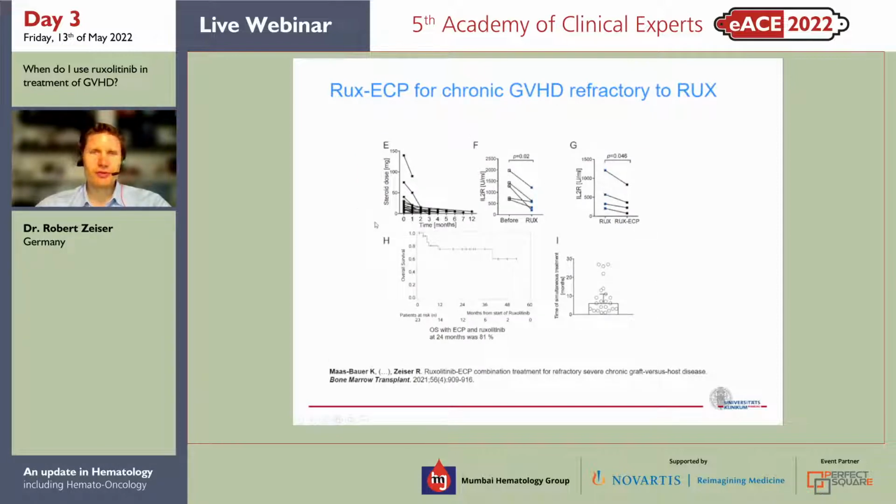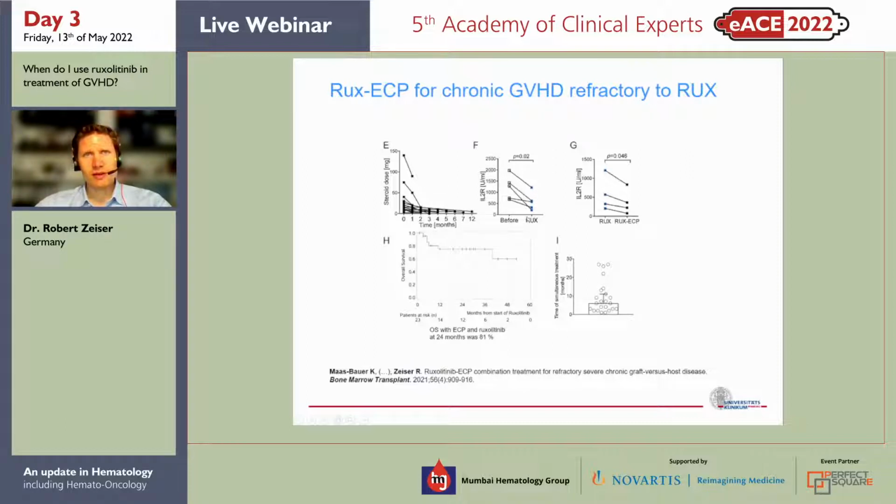So all patients receive corticosteroids, and that is, of course, dangerous because the steroids have a lot of side effects that endanger the patients to die of sepsis or to have high blood pressure, diabetes, peptic ulcer disease, or bone lesions. So we taper the steroids rapidly, and this is good possible if we have the combination here. This is after start of the combination with ruxo-ECP.